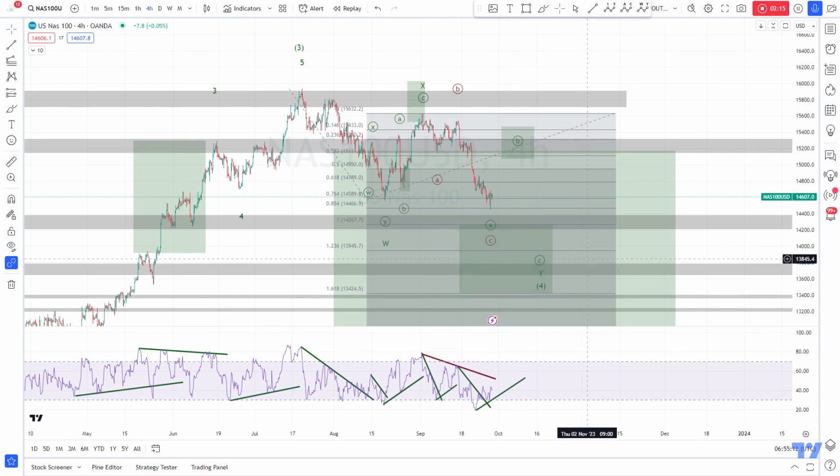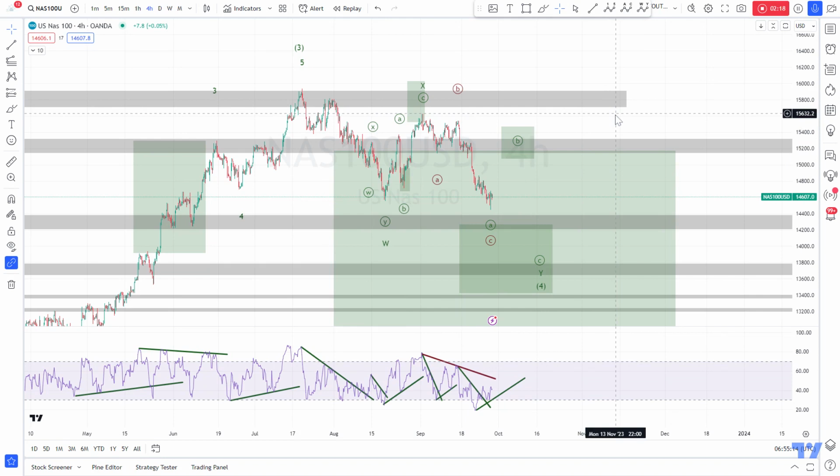So from there, I would like to take a long position. But as you can see, we did not reach this area yet. So now there are two ways to get there, I think. Either we further extend here, as a wave C. So this would be kind of what the Dow Jones and the DAX is doing right now. So this is something that could happen, but